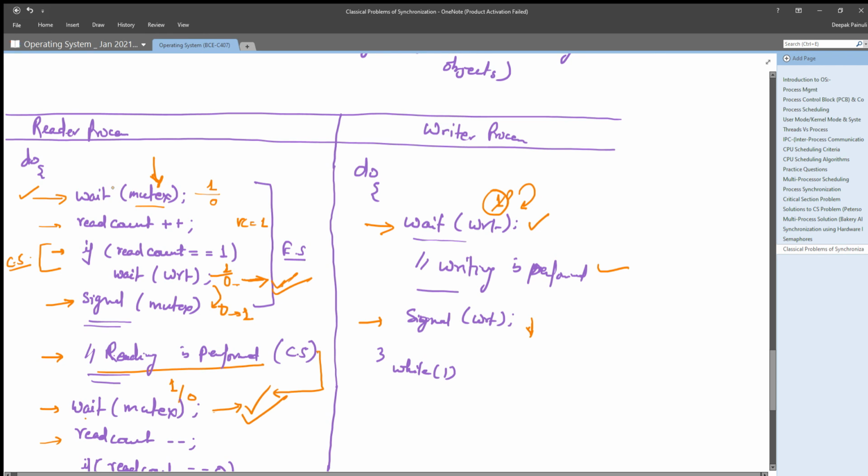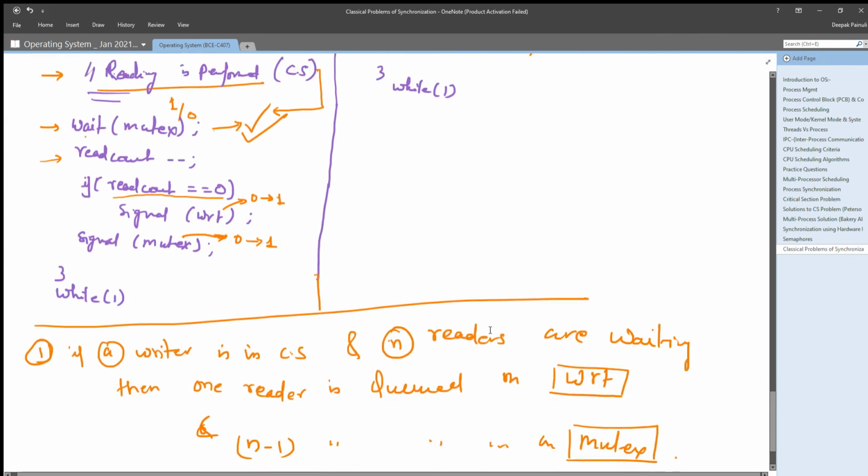So if any one process is reading, the n minus 1 processes will spin lock here, waiting here only, busy waiting. Now you understood it.